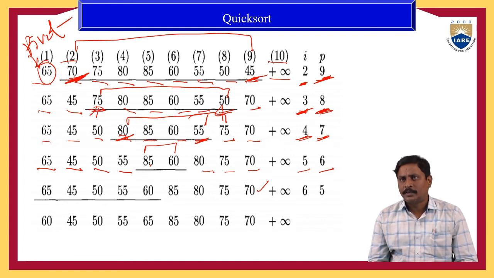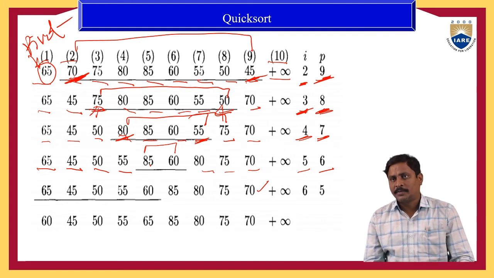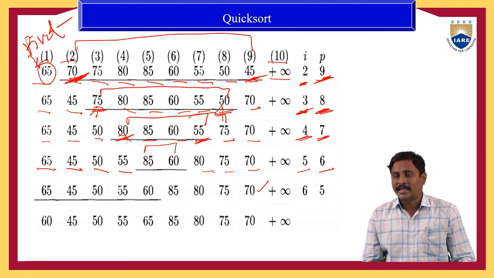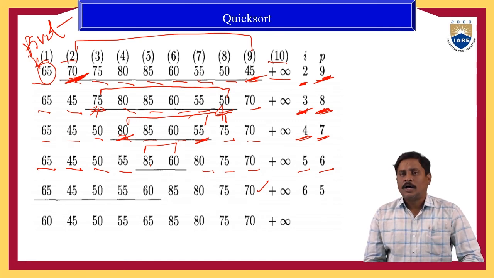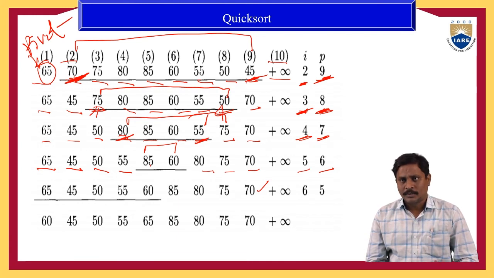So, I less than P? Yes. Here, I less than P? No, the condition is not satisfied. So I is greater than P, which means we exit from this loop. Observe that whenever I value is greater than P, the right subarray is in sorted order. Next we move to the left subarray.